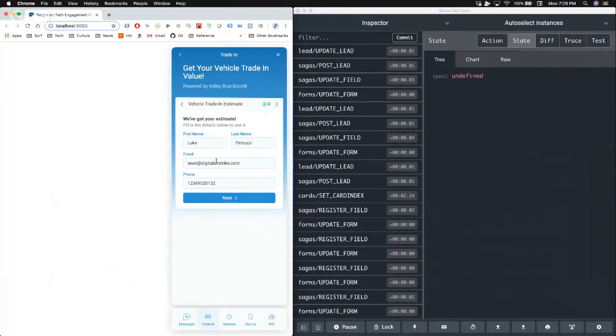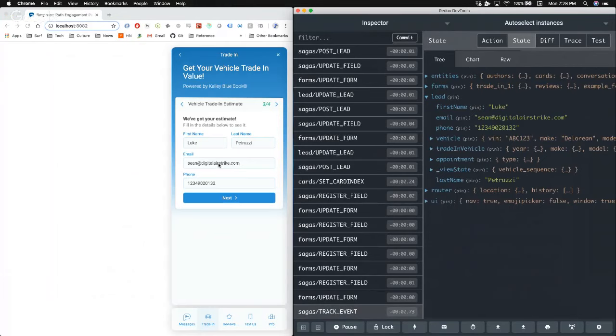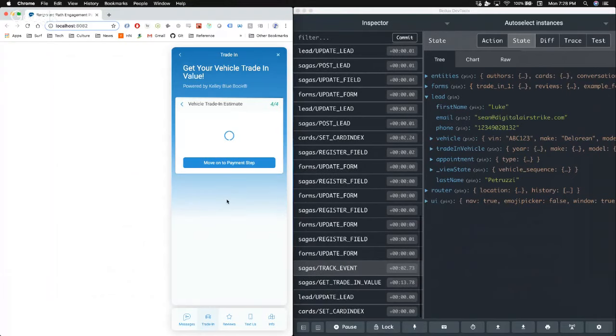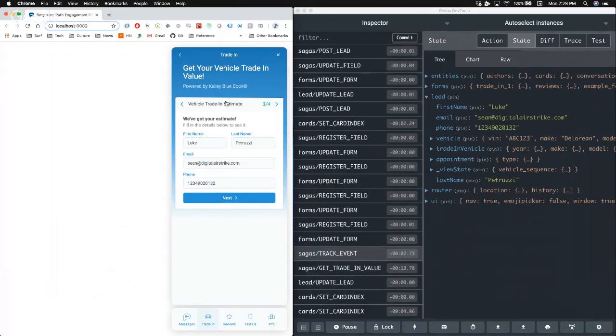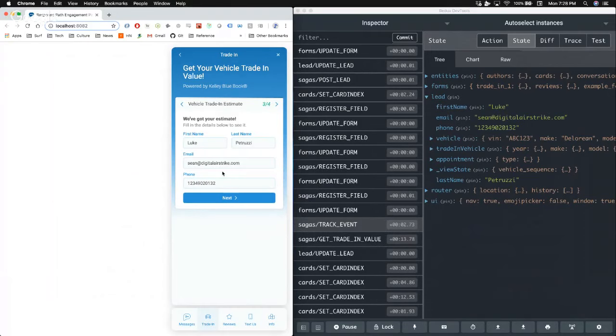You can see now that I go to another form, and the form system is always referring back to the same read model. Because I've got this centralized read model, this form is able to pull all the read data from before, and now this person doesn't have to fill out their information a second time. They can just move to the last step. That's an example of how a centralized read model can let you share data across different application components pretty easily, right? And I was able to do that without ever having to make a server request. This is all just data that's living inside of the React app. Getting the estimate requires a third-party API.